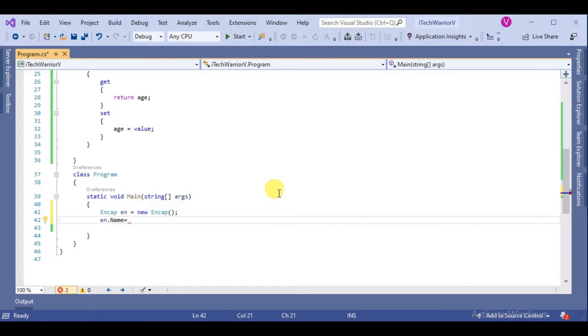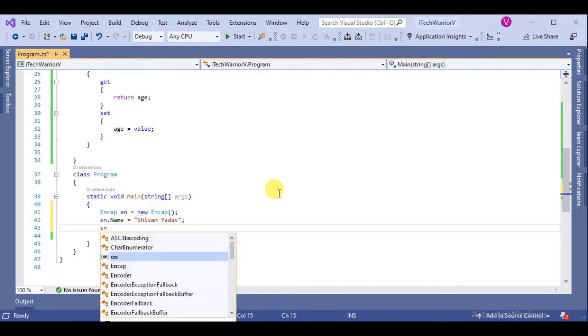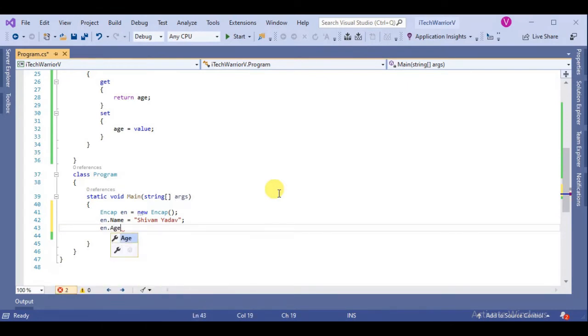Then we give the values to the properties by using the instance of encap en, name equal to, and age.